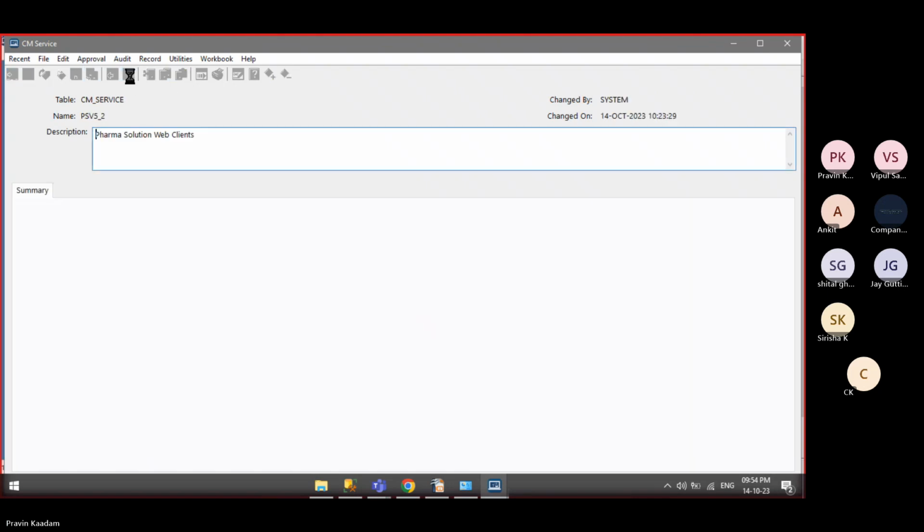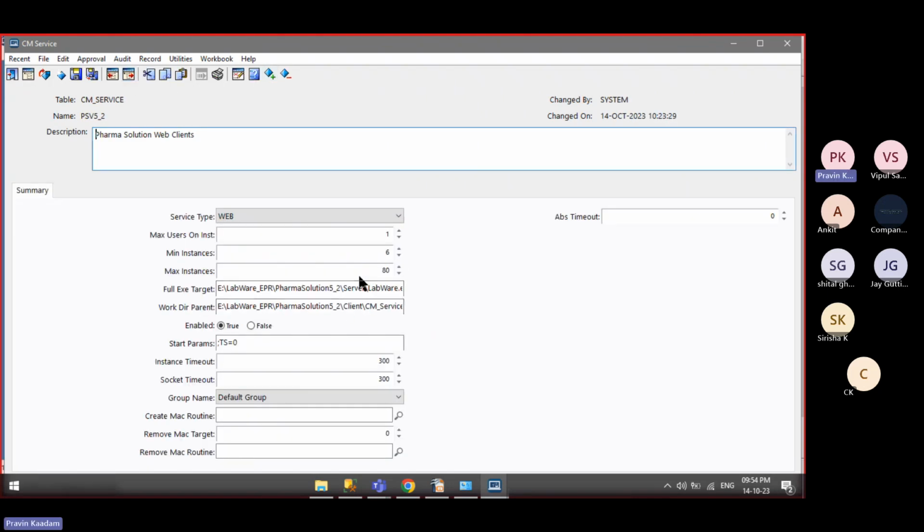Yeah. So here I have a license of, say, 80. So a maximum of 80 can be allowed on this. Here we will specify the path of the exe. Now this is again the same configuration which we